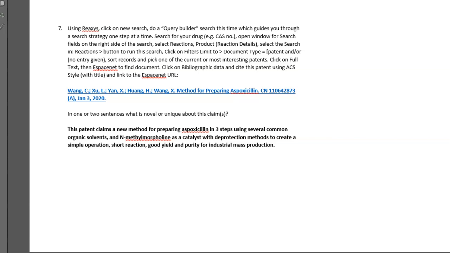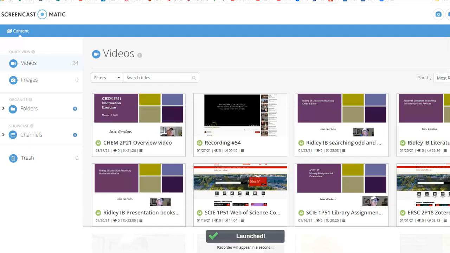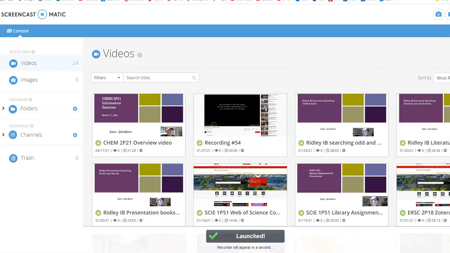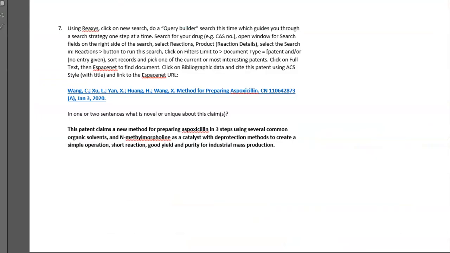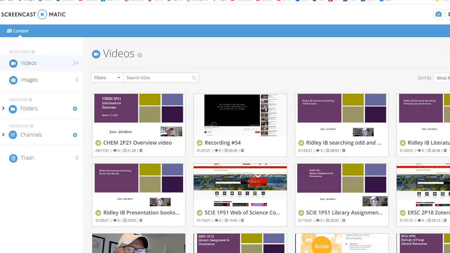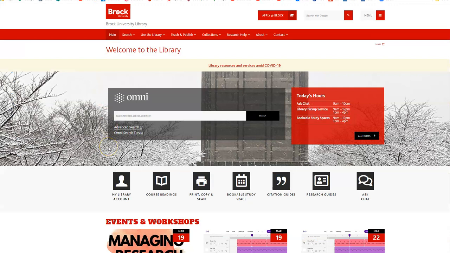So that's how we're going to use this particular document. So let's jump into, lots of things to look at here. Let's jump into, bear with me, our homepage. Again, looking for things here, go to research guides,